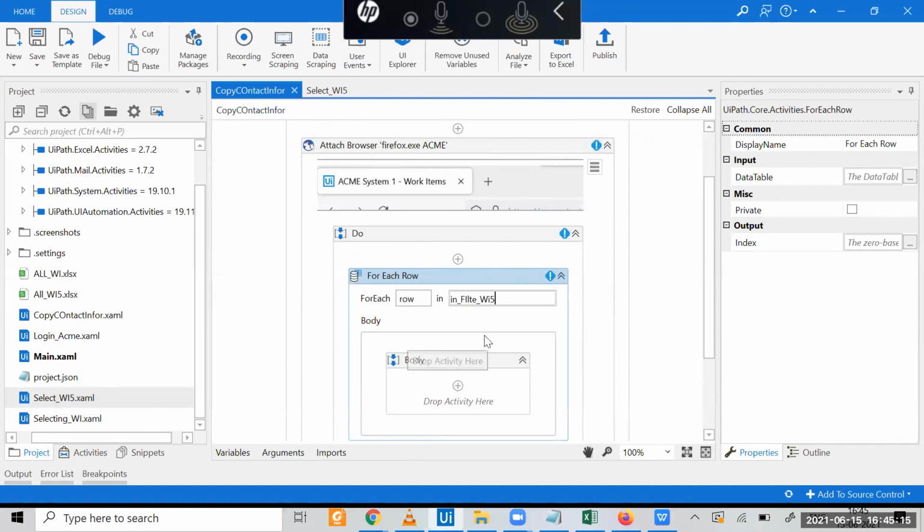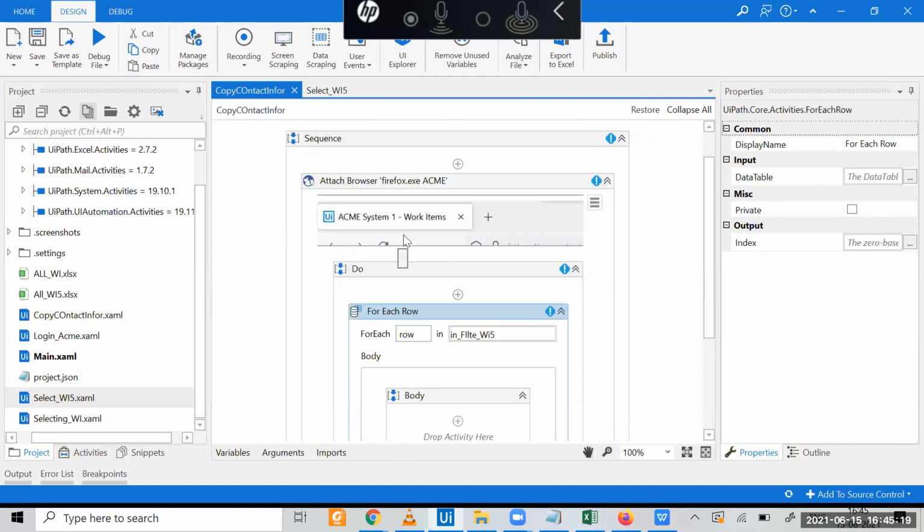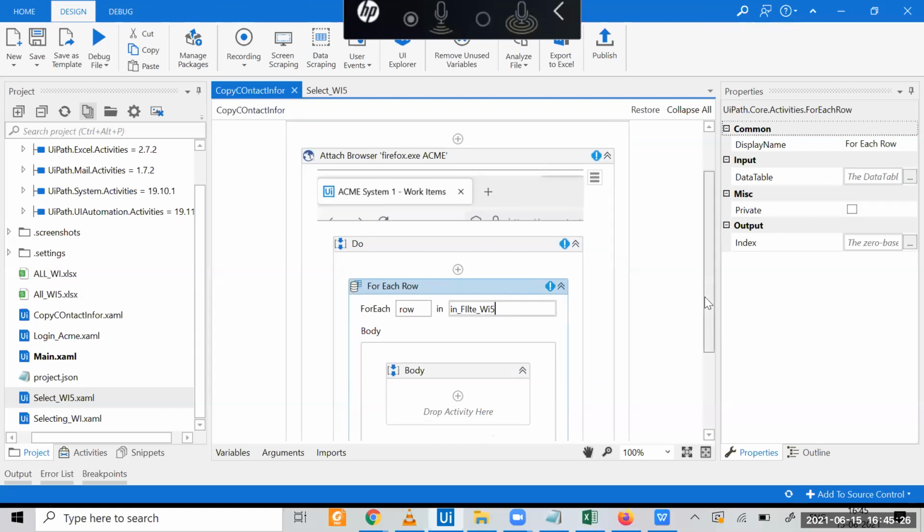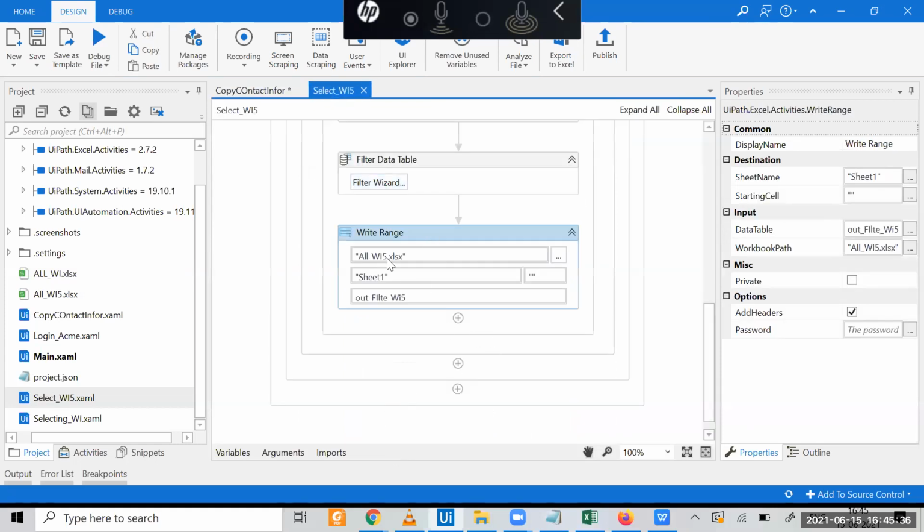Now here we have to convert the output of the WI variable into an argument. The value is my WI5, all the WI5 data table here.